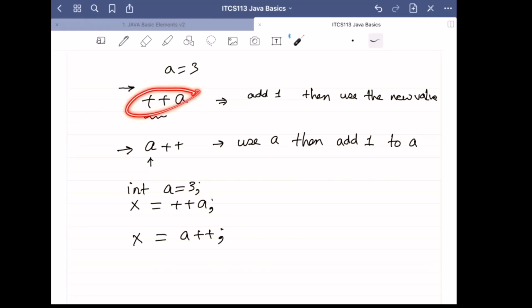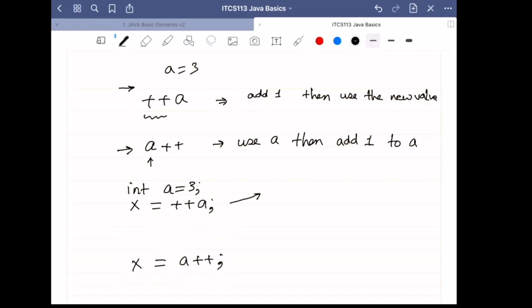As I mentioned here, if you write plus plus on a variable and you are using this variable in expressions, then first add. So this expression will be converted into the following. Since here it says you have to add first, then add 1 into A first. This is how the computer will follow the steps. Since you are writing plus plus A, first add 1 into A, then put the new value